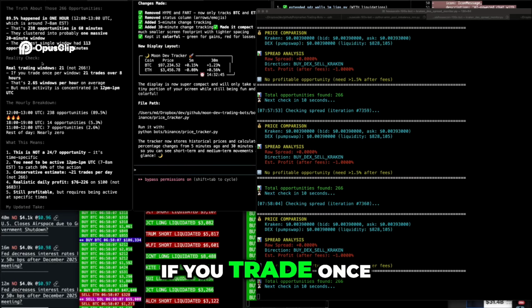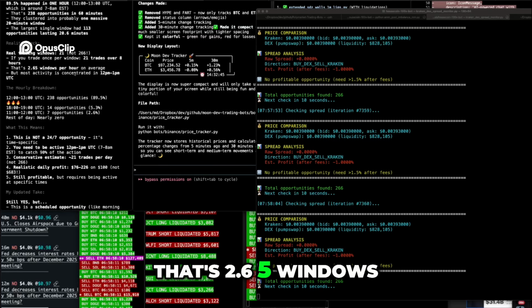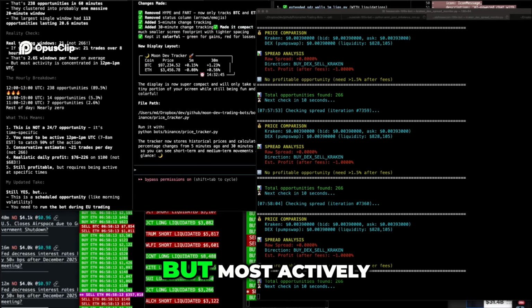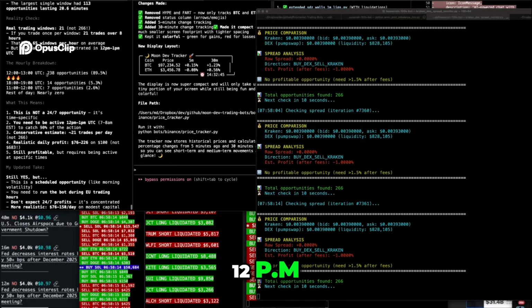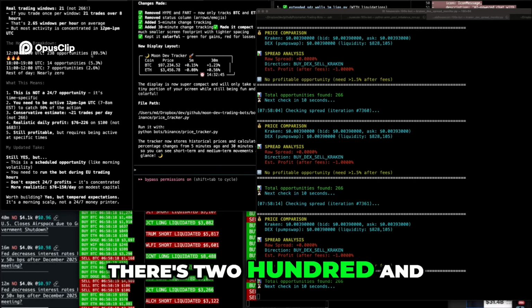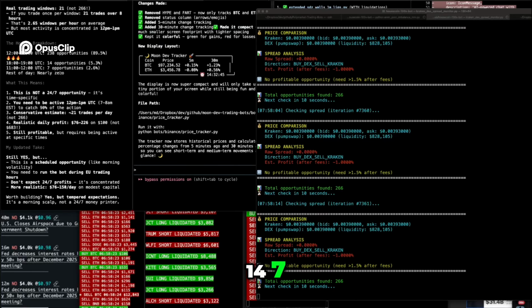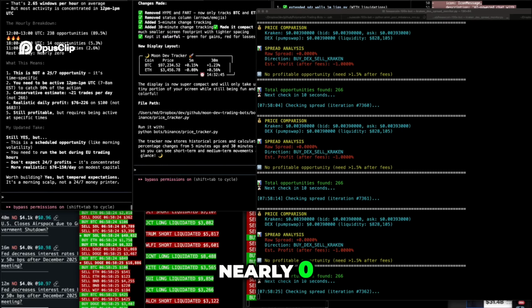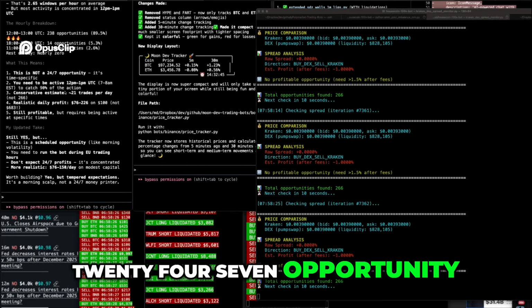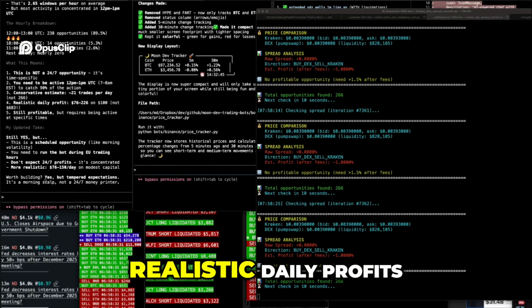Interesting. Okay, if you trade once per window, 21 trades over 8 hours, that's 2.65 windows per hour on average. But most actively, it's concentrated in the 12 p.m. to 1 p.m. UTC. So between 12 and 1 p.m., there were 238 opportunities. But look, there were more opportunities, 14, 7. Okay, rest of the day, nearly 0. This is not a 24/7 opportunity. It's time specific. That's fine. Conservative estimate, 21 trades. Realistic daily profits,